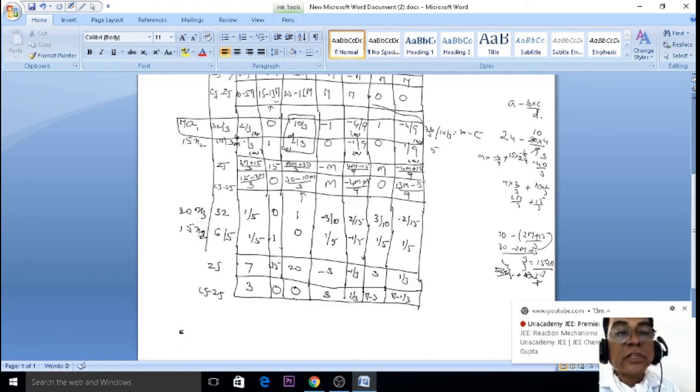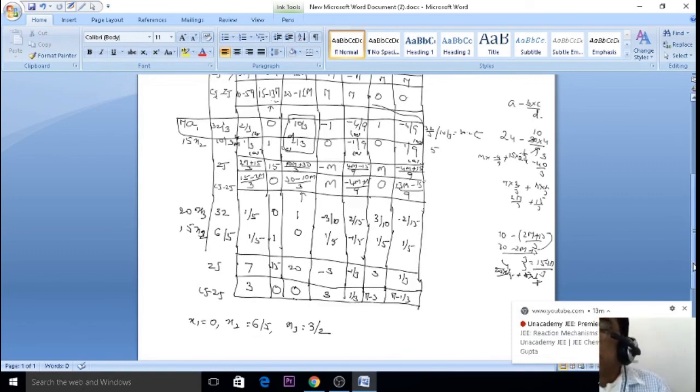So what are the values here? Take the values. X1 is equal to 0. X2 is equal to 6 by 5. X3 is equal to 3 by 2. Understand, students? What is the difference between maximization and minimization? In the case of maximization, zeros are negative in Cj minus Zj. In minimization, zeros are positive in the Cj minus Zj values.